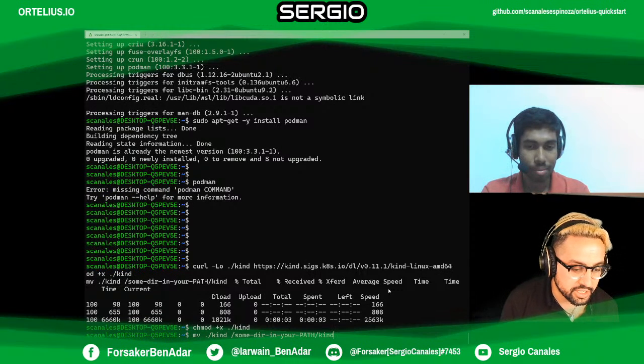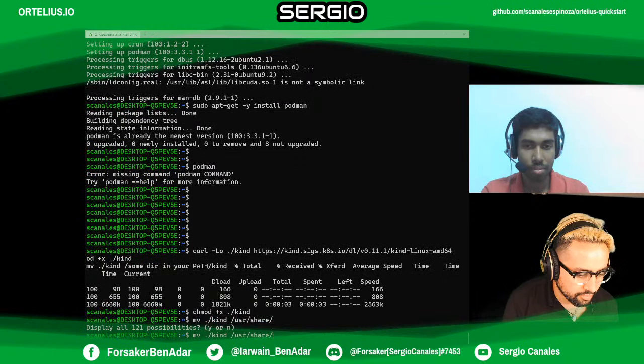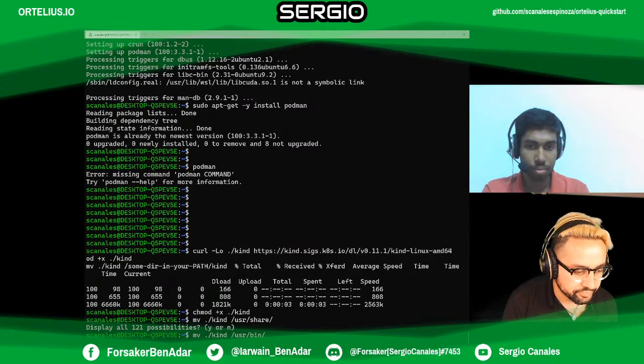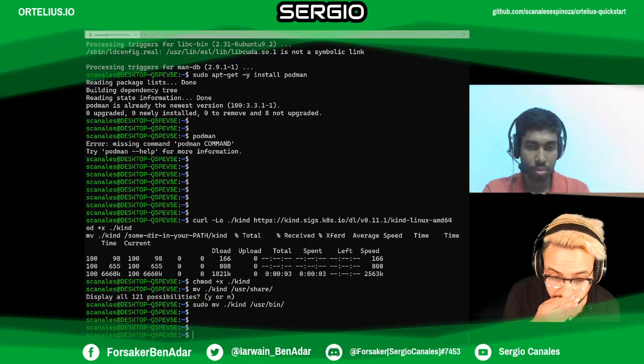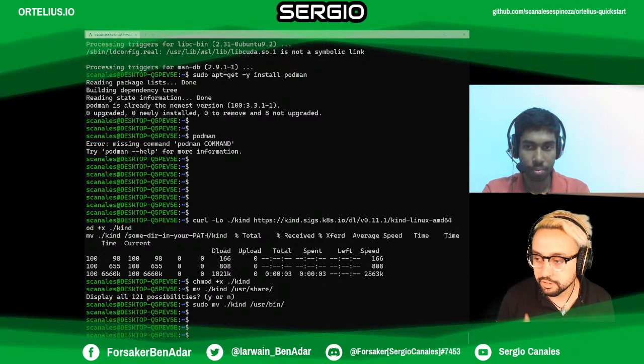Okay, so I just downloaded it. I gave it the execution permissions, and now I'm going to move it. Usually you have something like /usr/share, or you can use /usr/bin. I need sudo for this. Well, there are always good places to put it. If you're just working in a local environment, /usr/bin is going to be okay. If not, probably you will need to put it in /usr/share, something like that, or a place for your libraries where it's safe to put a binary for everyone.